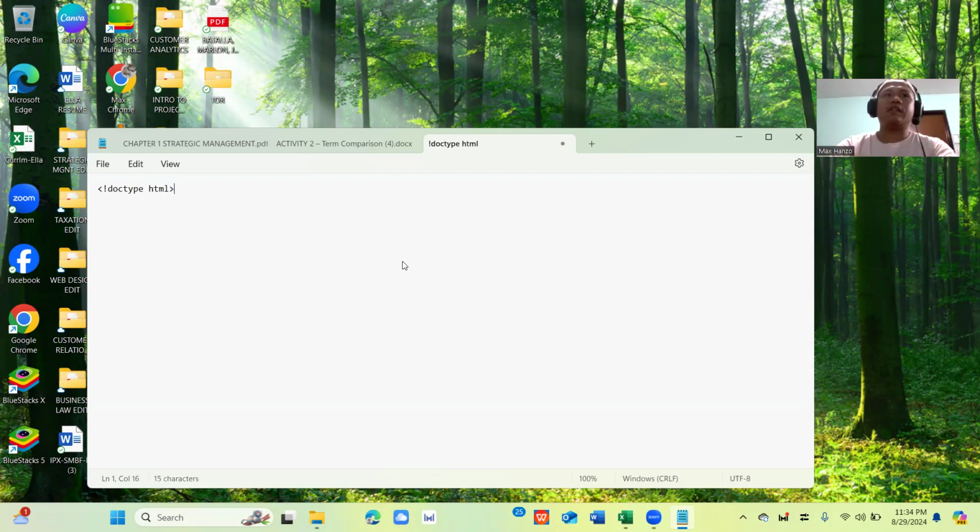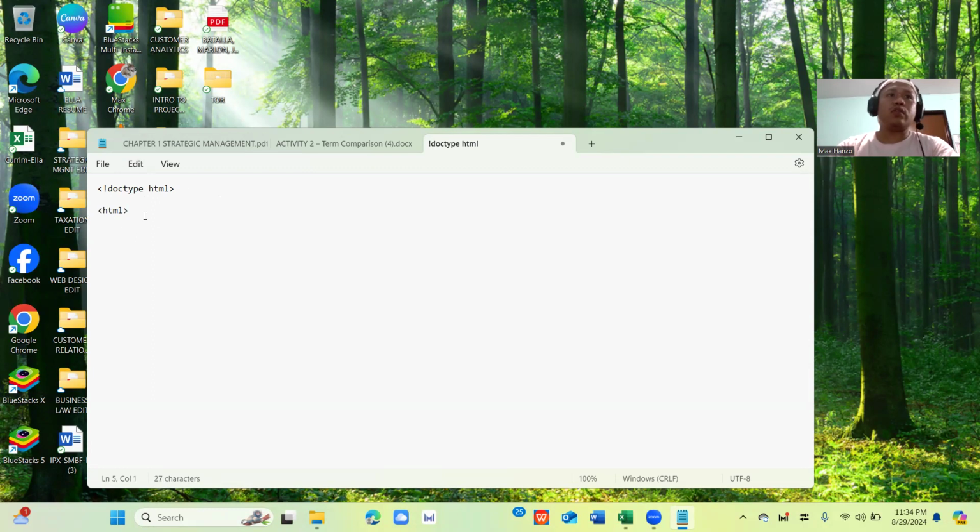So this is basically the identifier that we're creating a website. So it's a document type and it's an HTML. And then we have to open it up with HTML again as another tag. So this is what we call a tag. And it has an opening and closing bracket.